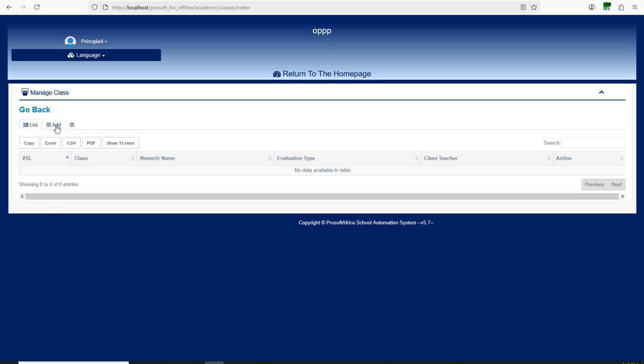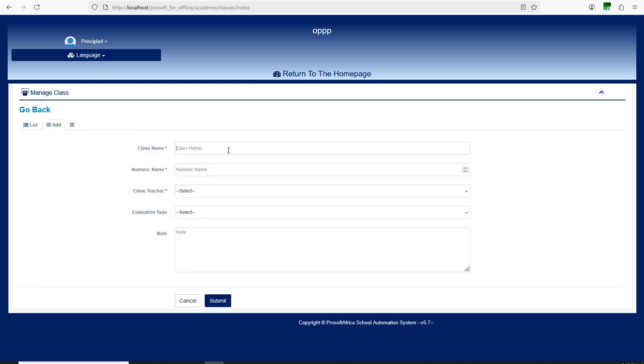So you just click on add here. You just say class A, you put a name, choose the teacher you have created, you put evaluation type. You are in all in one school. This evaluation type and the rest we are going to explain in our models to models explanation. Now, if this is for nursery and primary school,